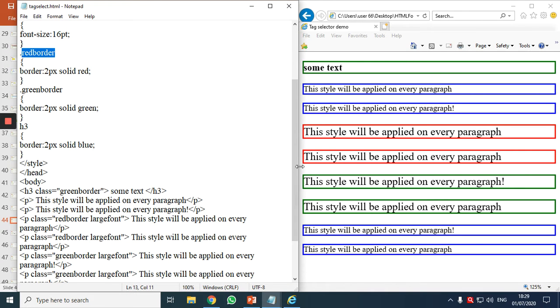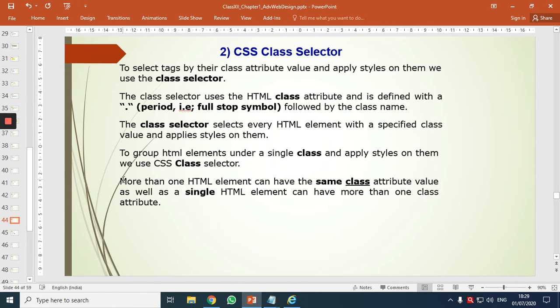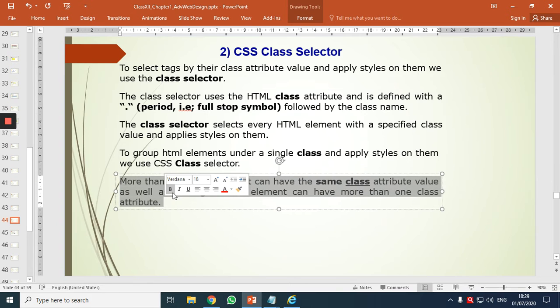I'll again show you something else. Okay. Now I'm coming back here. I hope these two points should be clear to everyone. How to use classes. Whenever we are using class selectors, what are we doing? We introduce the class attribute to a tag. And as it is an attribute, it will have a value. And whatever its value is, that will be called for styling. And how do you call it?